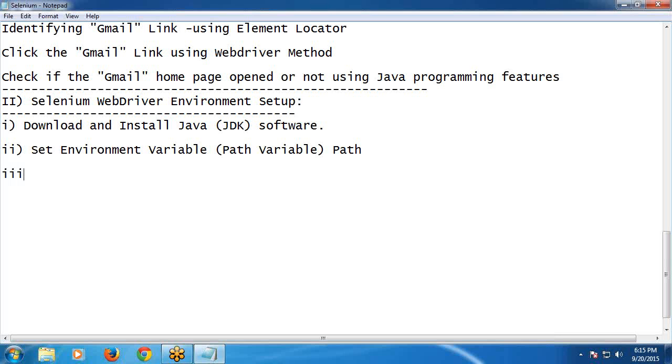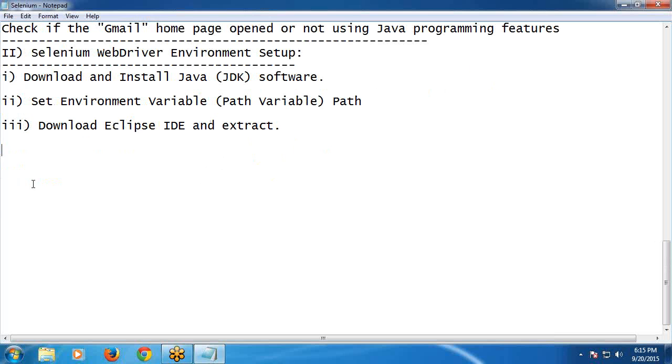Next, download Eclipse IDE, Integrated Development Environment, and extract. See, these are the preliminary steps. Next, fourth step,